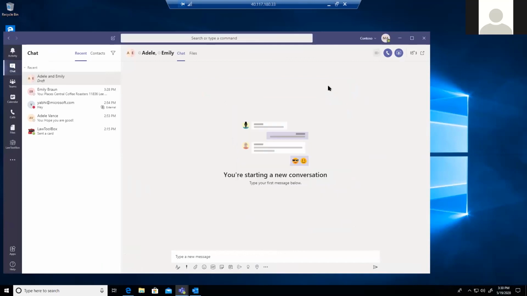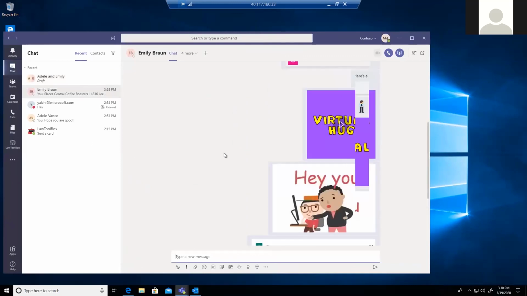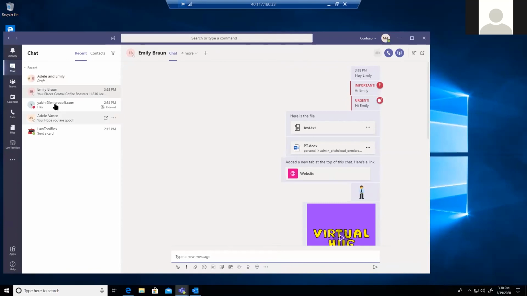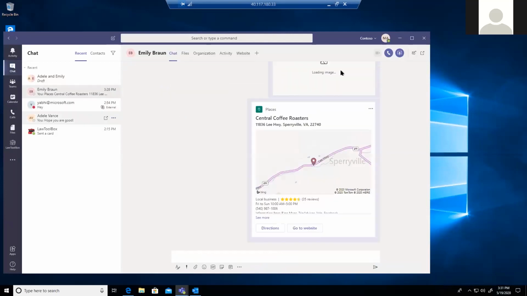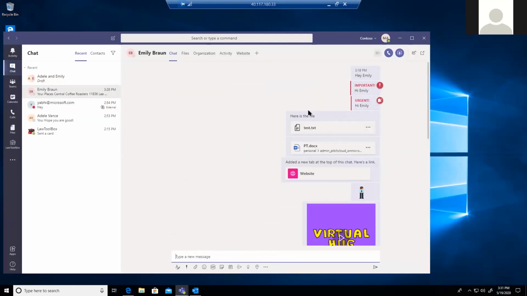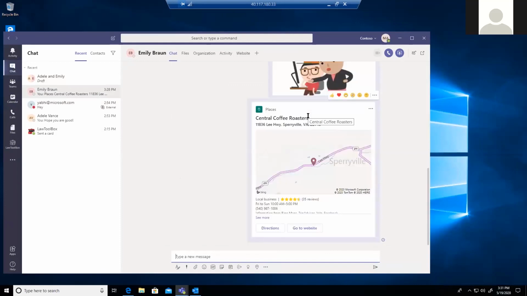The other thing I want to mention here is, let's say I'm having a chat with Emily. The moment I close this, or let's say I hide it, whenever I come back I'll see all the conversation I did over here itself. I can just scroll up and keep looking at that. It's a persistent chat. It's not going anywhere. It will be saved here.